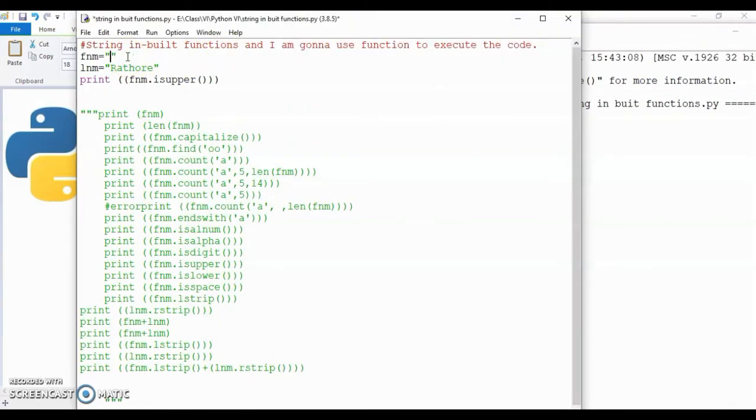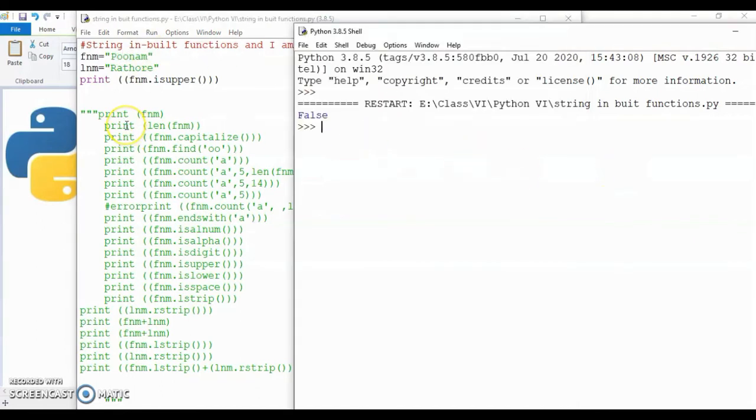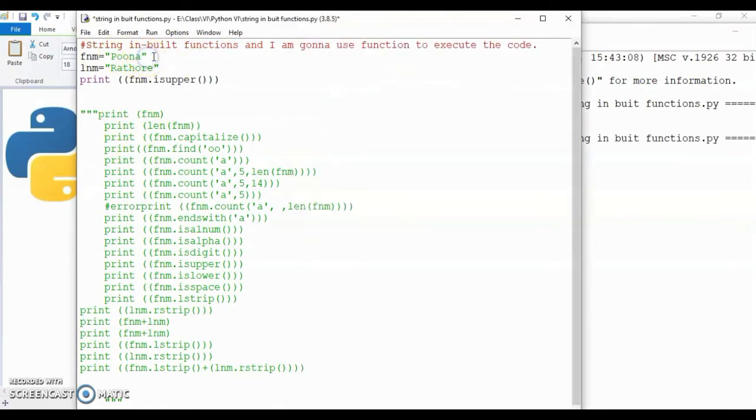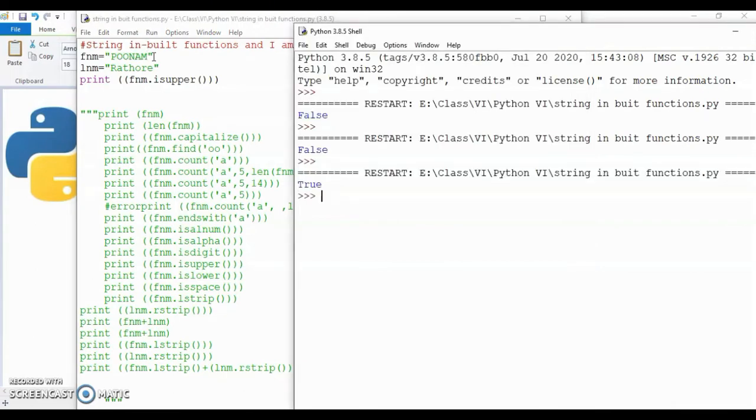And first of all, let me give you like this, and then again I'm going to run this. Again false, but if I give all the characters in capital, then only I will get true. Right?